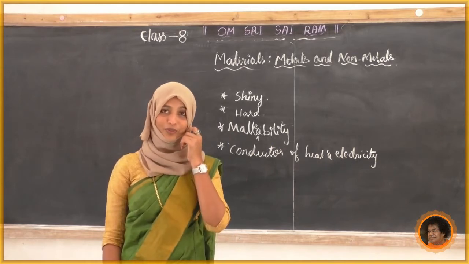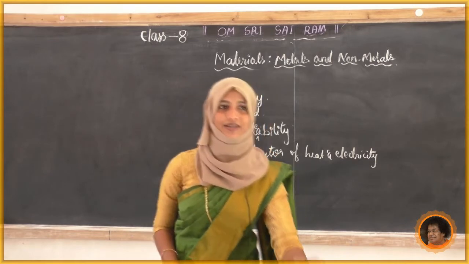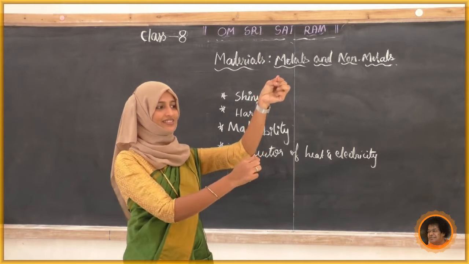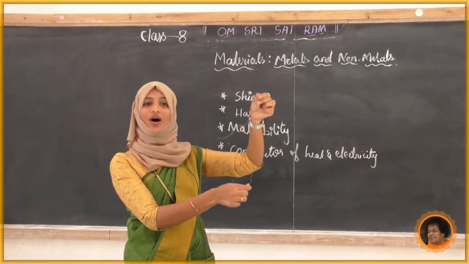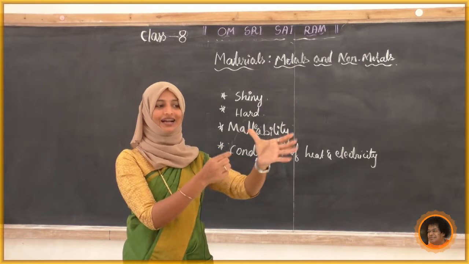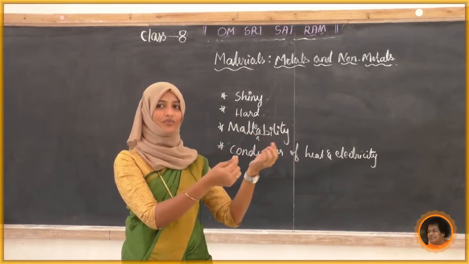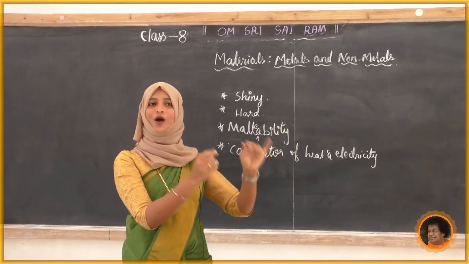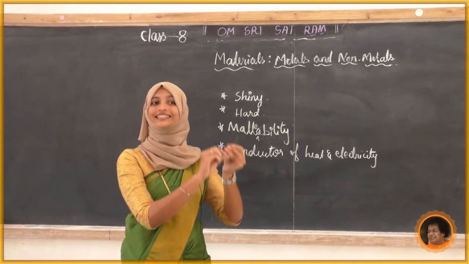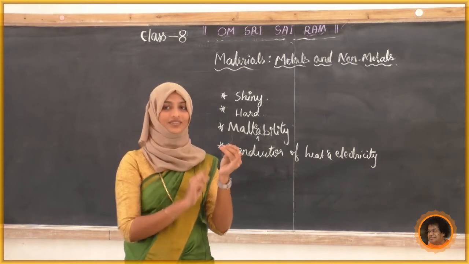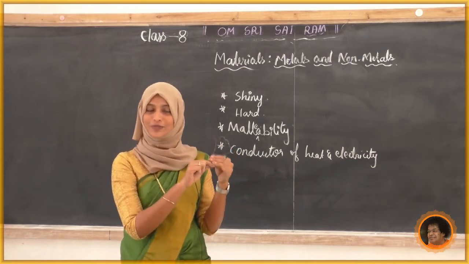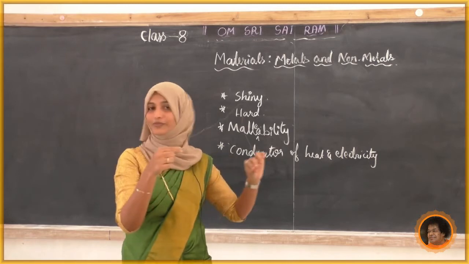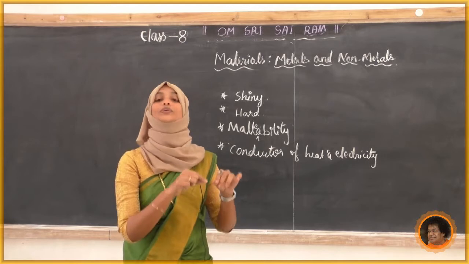Yes. Now one more property. Look at here. Look at here. What is this? Yes. This is an iron wire. Same as that, we can see copper wires, silver wires, all those things. Now, here is the property of metals by which they can be drawn into wire. This is a special property of these metals. They can be drawn into a wire. See, before we came to know that they can be drawn into a sheet.